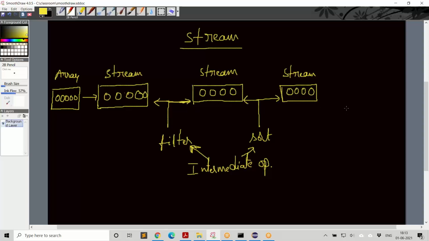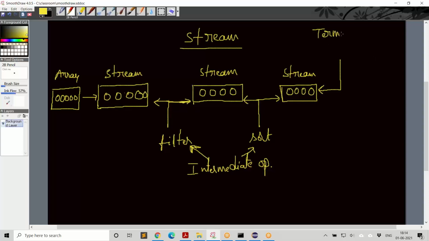And then finally, you may want to apply an operation that is going to consume your stream and does not produce any more stream. So you may want to consume this stream, and if you apply an operation that doesn't produce another stream, then that is called a terminal operation.